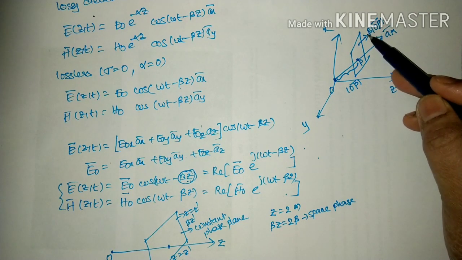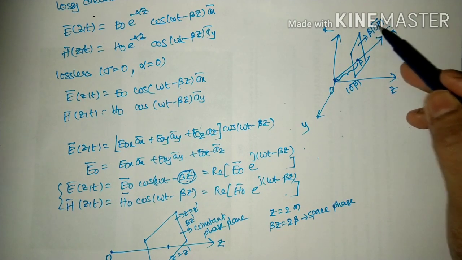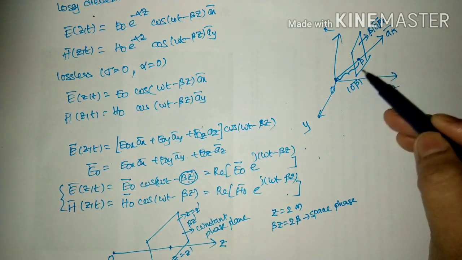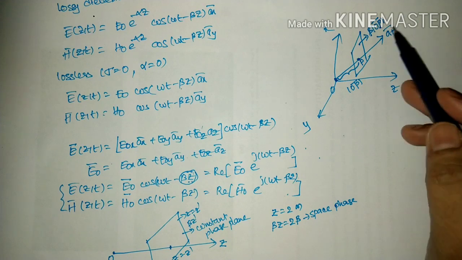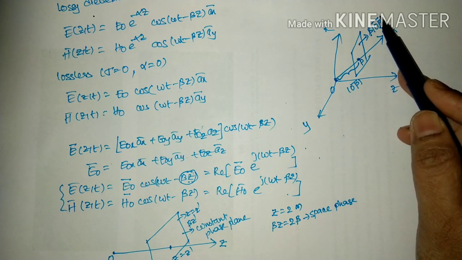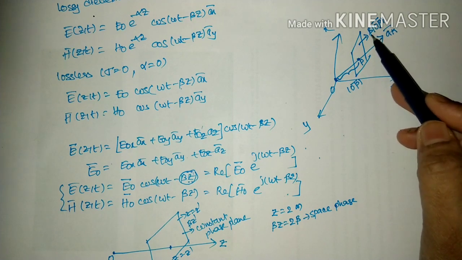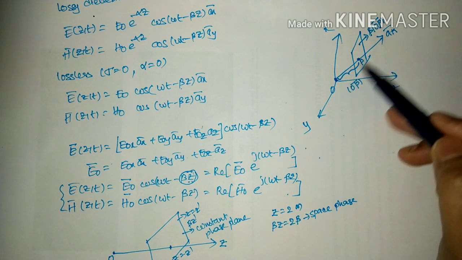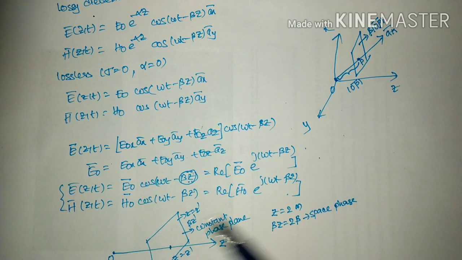So if you know beta into distance, meaning phase variation with respect to distance, you can easily represent the electric field or the magnetic field for the wave which is propagating in this arbitrary direction. So our objective is, first you have to find the general expression for the distance traveled by the wave along this direction. Multiplied by the phase constant, it will give the phase variation of the wave propagating in this direction. Then you can easily represent the expression for the electric field and magnetic field.